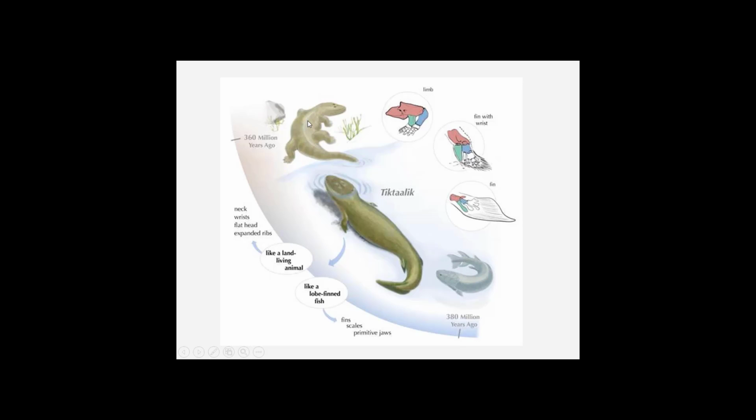So there's a big step there from an animal that lives in the water with fins to an animal that has legs and breathes air. I think you'd agree that that is quite a big transition. And so as we looked at this, we started to find fossils that had these transitional characteristics. So one of the first fossils that we found that was transitional was an organism called Eusthenopteron,